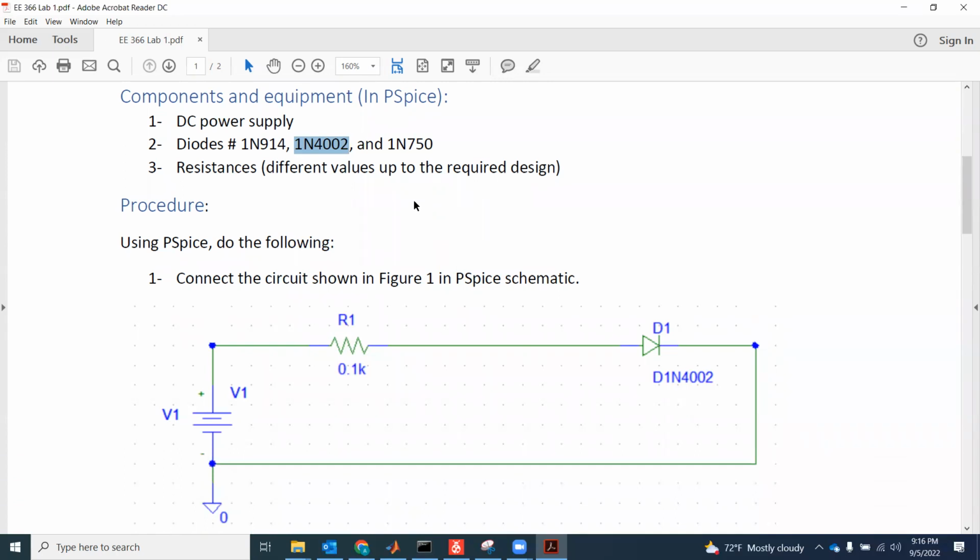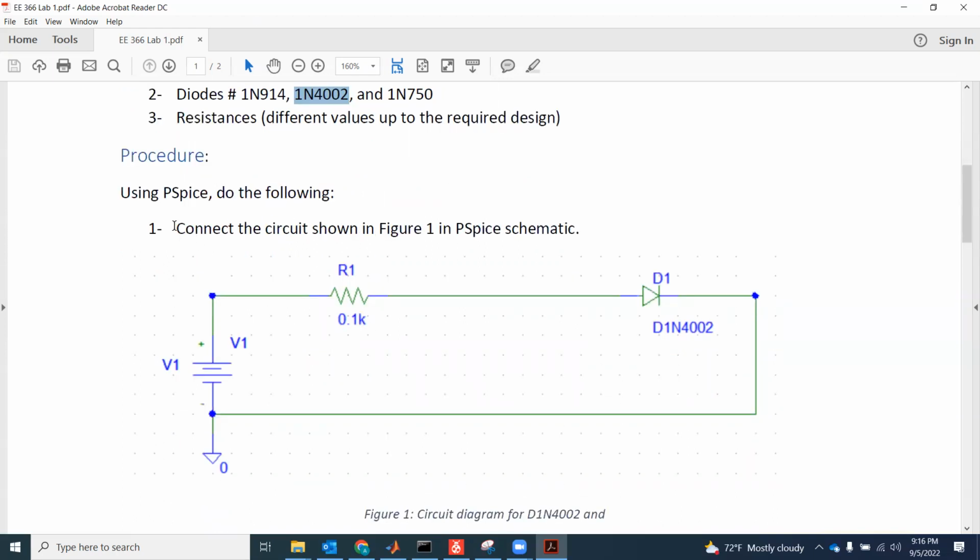I'm going to make a complete test for one of these diodes with you, and the others you can do in the same way. So firstly, follow the procedure here with me step by step, and I'm going to apply the procedure for the diode 1N4002, and in the same way you need to follow the same procedure for the other two diodes and get the results for all. So start with number one, which is to connect the circuit shown in figure 1 in Pspice